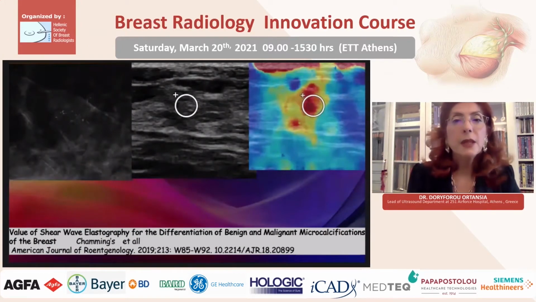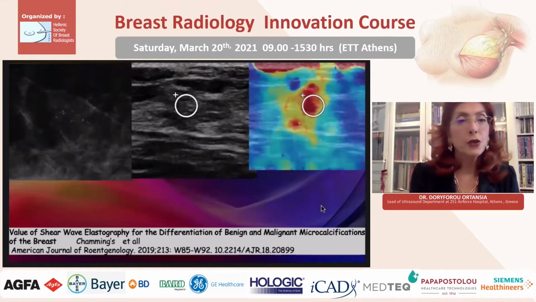One of the great mimics in mammography is microcalcifications, and we are aware that most of the time we have to perform a stereotactic core biopsy to confirm the diagnosis. Is there a place for shear wave elastography? Yes, there is, since shear wave elastography can evaluate the stromal stiffness and help us in the ultrasound-guided biopsy, which is easier and much better tolerated